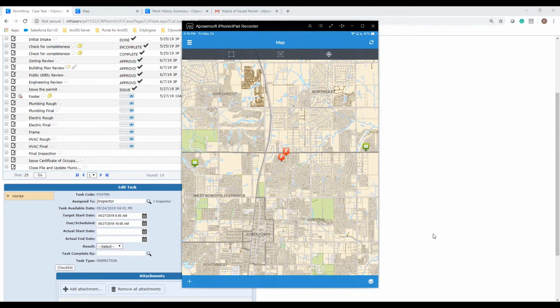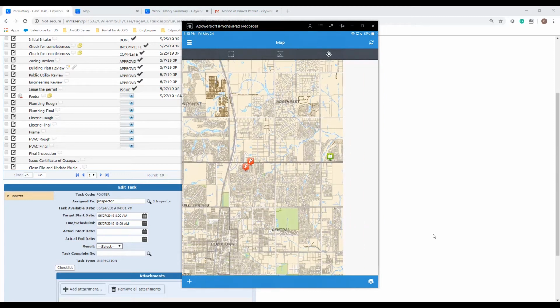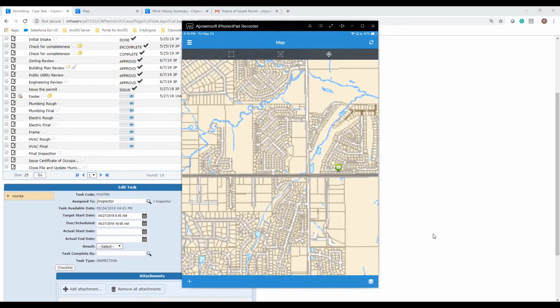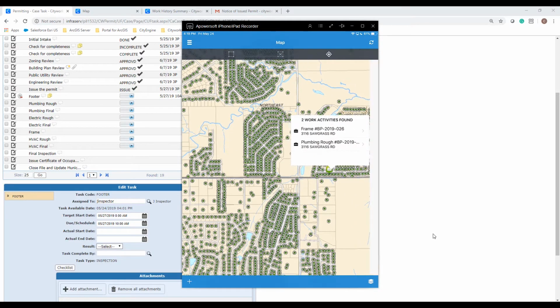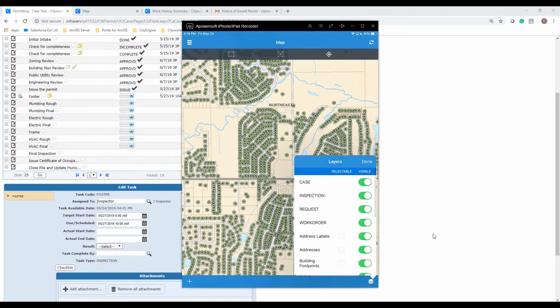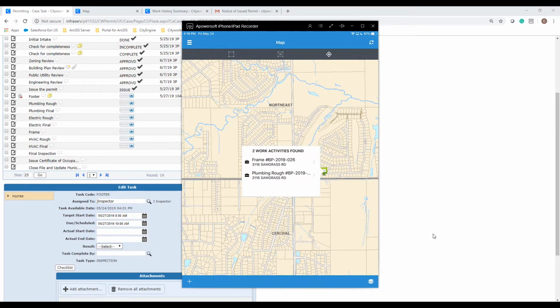So once I'm signed in, any activity that's been assigned to me will appear on the map. This includes both AMS activities as well as PLL activities. On my current map here, the green icons represent PLL inspections. If I just zoom in here and click on here, I'm just going to turn off my addresses. There we go. Okay, so I can see here that this represents a framing as well as a plumbing rough inspection. I could go ahead and open up these inspections directly from the map,